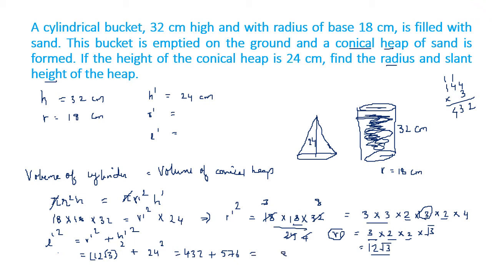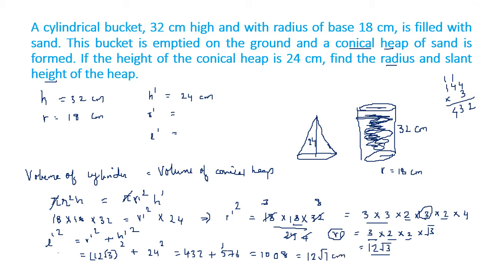Now we have 6 plus 2, 8, 0, 1008. Okay, so the square root of that will be, if you find out by factorization, it will be 36, sorry, not 36 but 12 root 7. I hope you know how to do the prime factorization. We'll not go in decimal, we'll write 12 root 7 centimeter.